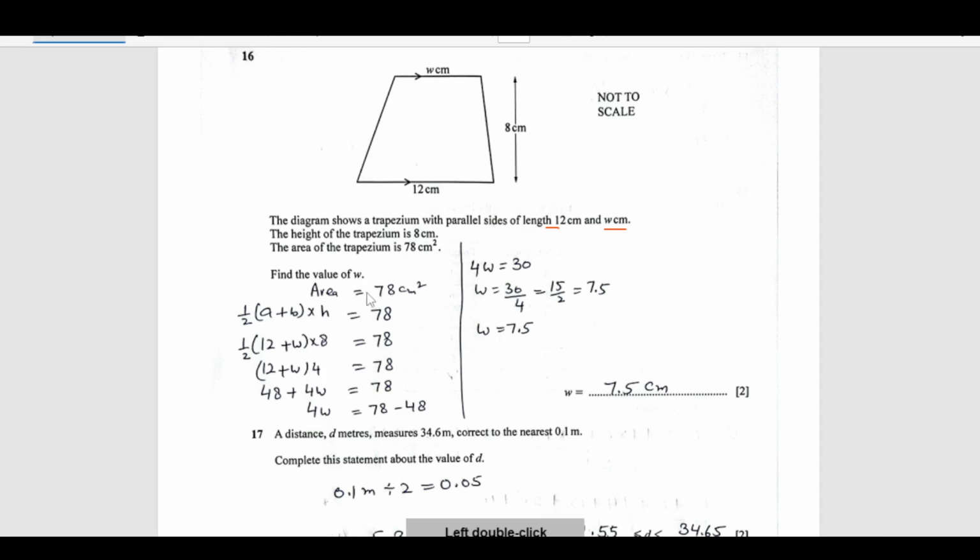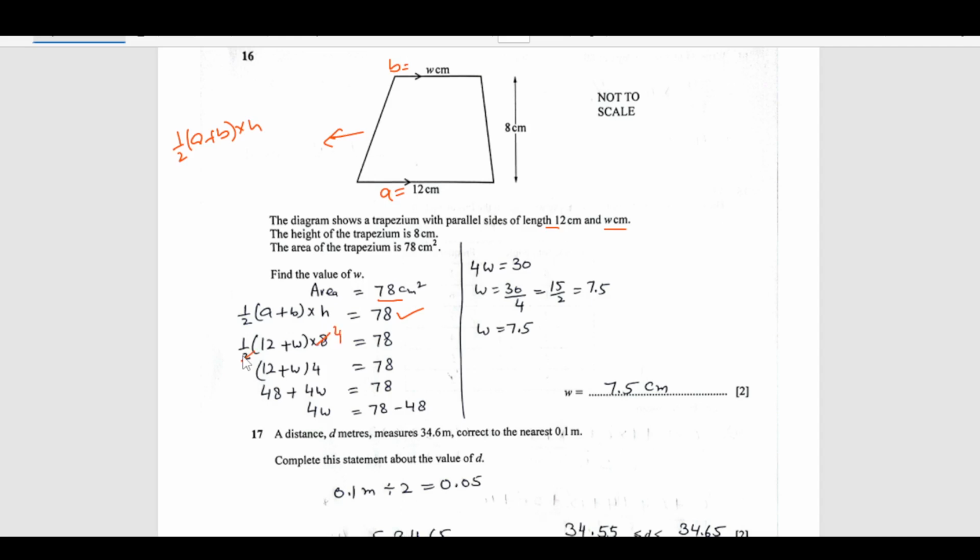So, the area we are given is 78 centimeters squared, right, and the formula for the area of the trapezium is half (A plus B) times height. That is what I have written over here, and this is equal to 78. A and B are the parallel sides, right. So, these two are the parallel sides. One is 12, another one is W, times the height 8. Plug in all the values,